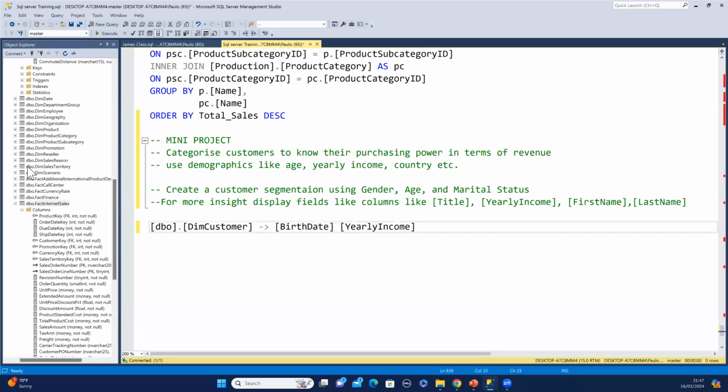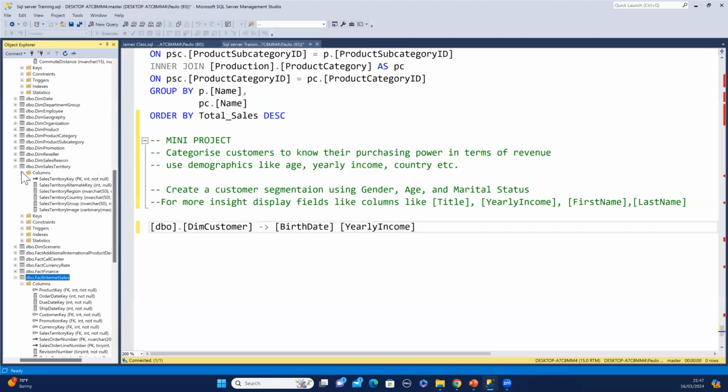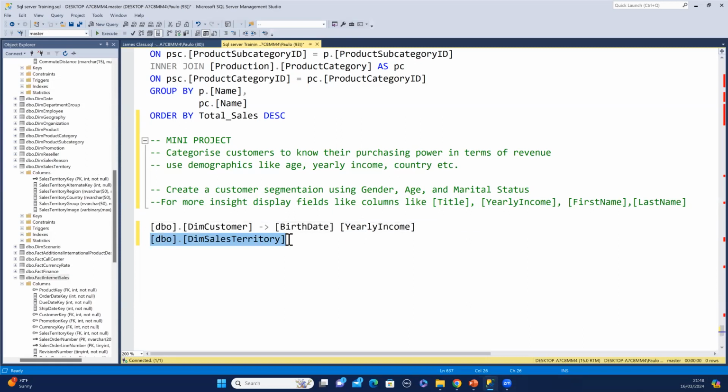Let me see if there's anything like sales territory that will give me country, right? Okay, from the DimSalesTerritory table, because for you to get country, it's not inside that customer table. You have to go to sales territory, the territory where the sales happen. And I think there's country here. So from the sales territory table, I'll need country, right? I'm solving it bit by bit, right? But they said this one